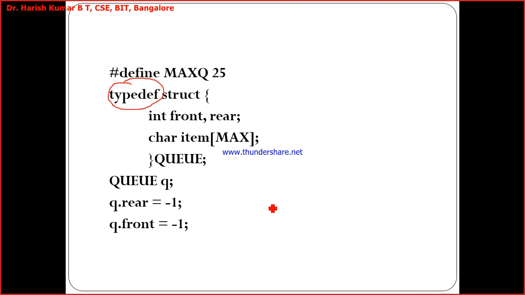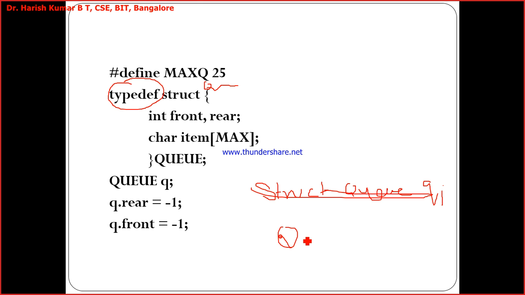Now how do I create it? Something like this, I'll show you. Struct queue, you have to give a name to this. For example, struct queue. This is how you have to declare the variable to this structure. Since I've used the type definition now, all these things are not necessary. I can just say queue, and then queue. Now this queue is a variable of this structure type.